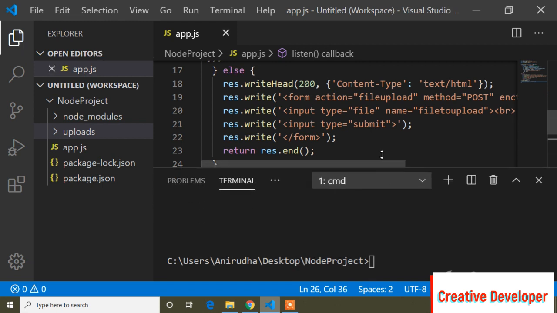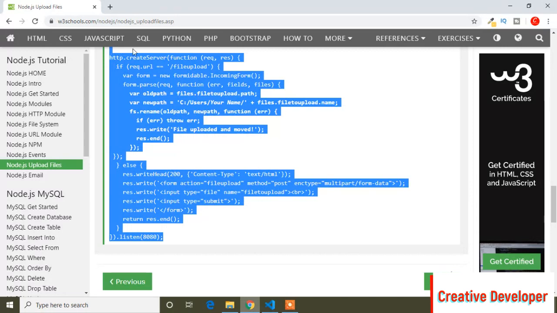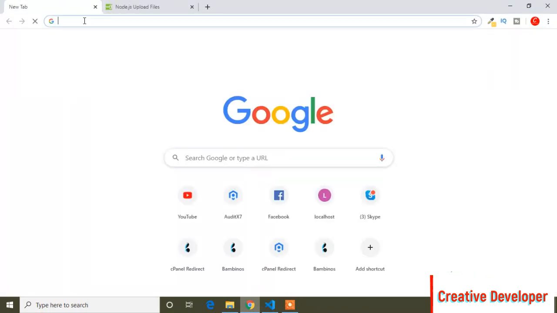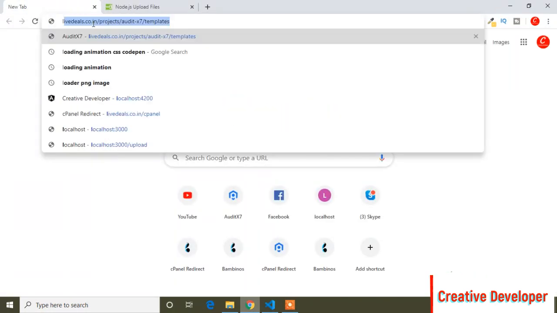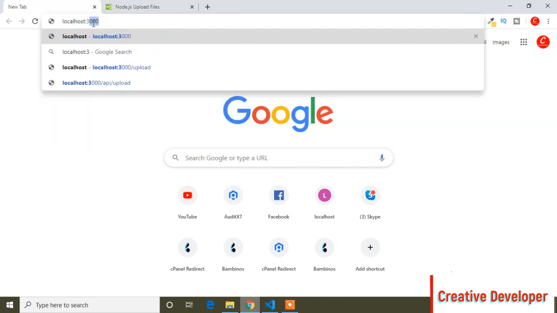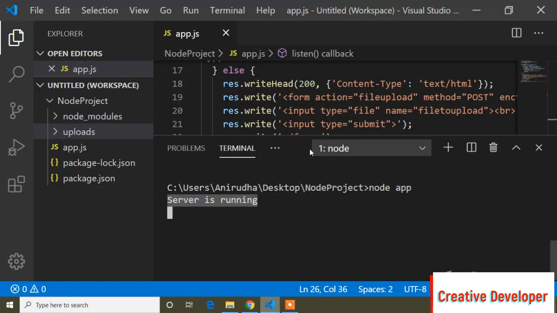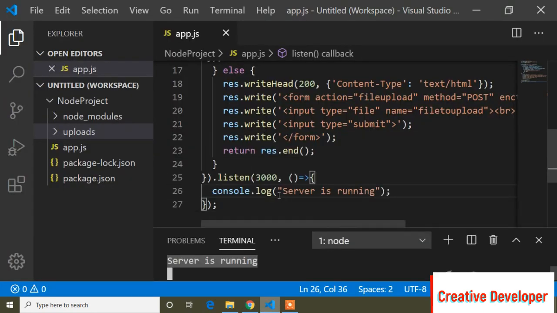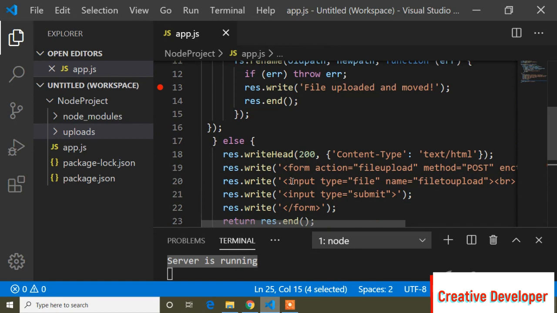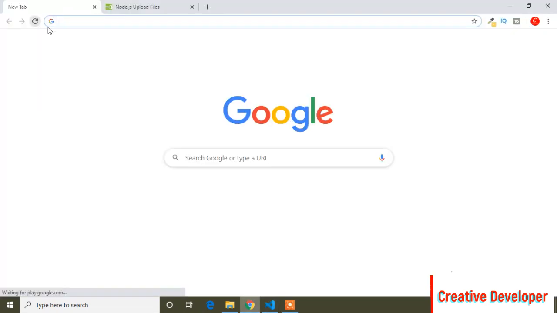Now everything is completed, and here I will run our server with node app. Here you can see the server is running, and now I'll go to the browser and open a new tab, and here I will write localhost 3000, because I changed the port to 3000, and now I will refresh this.